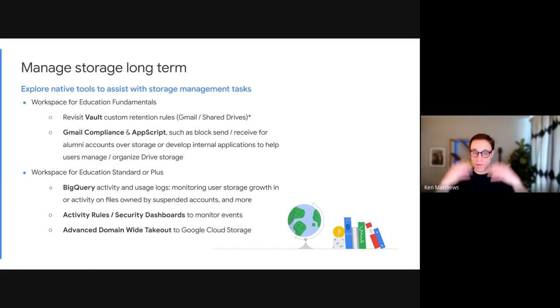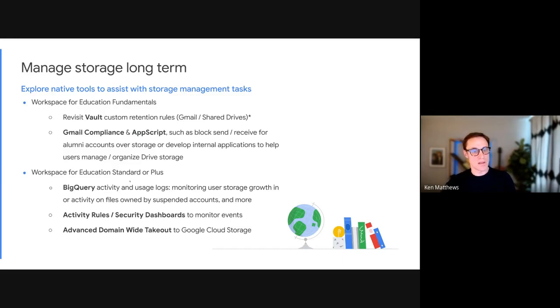And if you have some developers on staff, maybe you want to do an upgrade to help your users understand what's going on with Drive, and you can develop some internal applications that don't have the same restrictions in terms of publishing them as extensions, or maybe even Sheets-based AppScript applications, to help your users manage or organize storage, so they can essentially leverage the APIs to pull information. And you can push those out on an internal basis, not necessarily publicly, if you wanted to, leveraging these particular